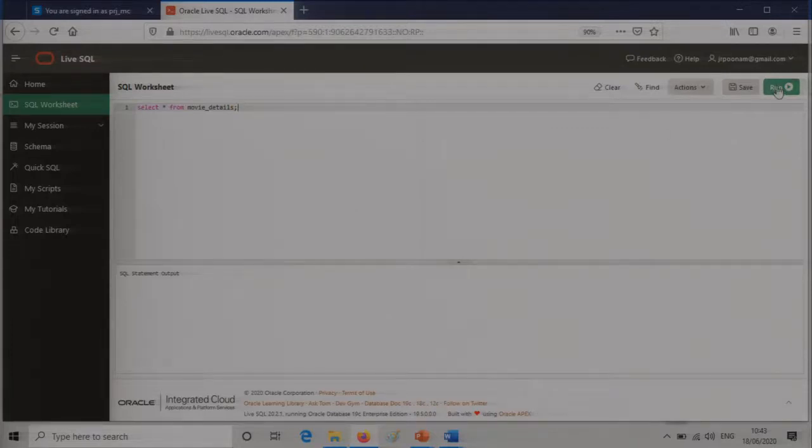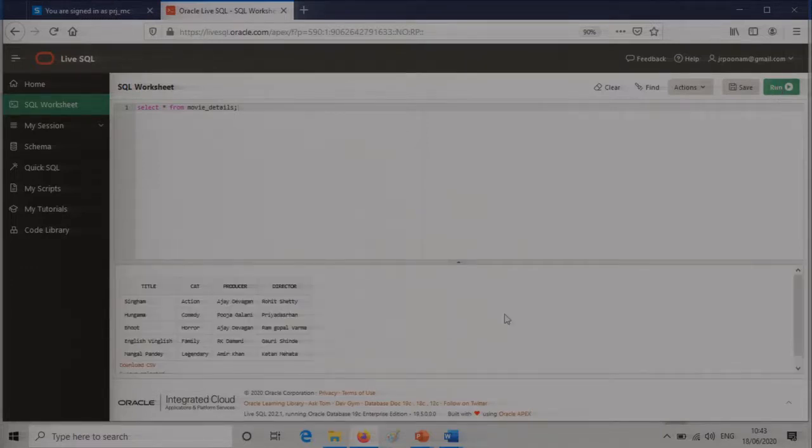So before that, there is one query that we have to execute, but before that I'll just show you whether there is actually something extracted into the view. Can you see here? So view is a table which has title, category, producer and director, and the various things chosen from three tables actually.